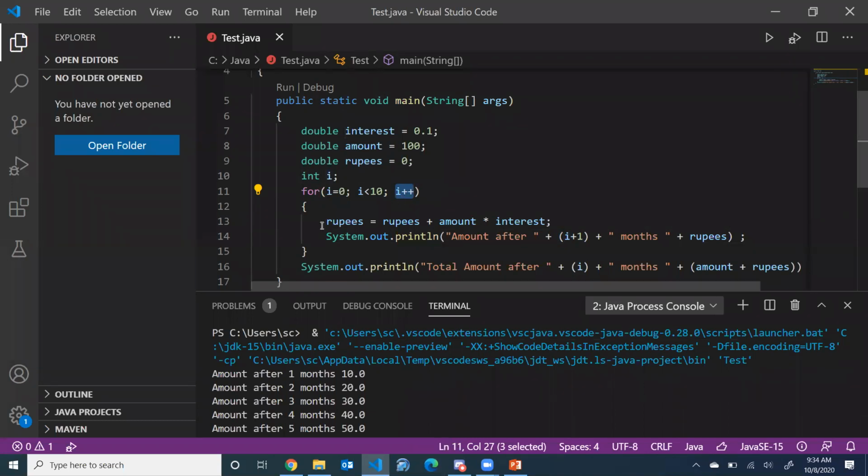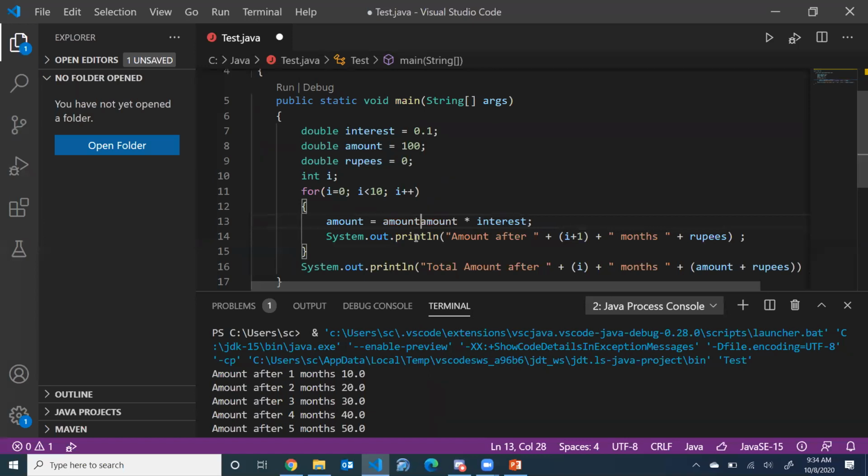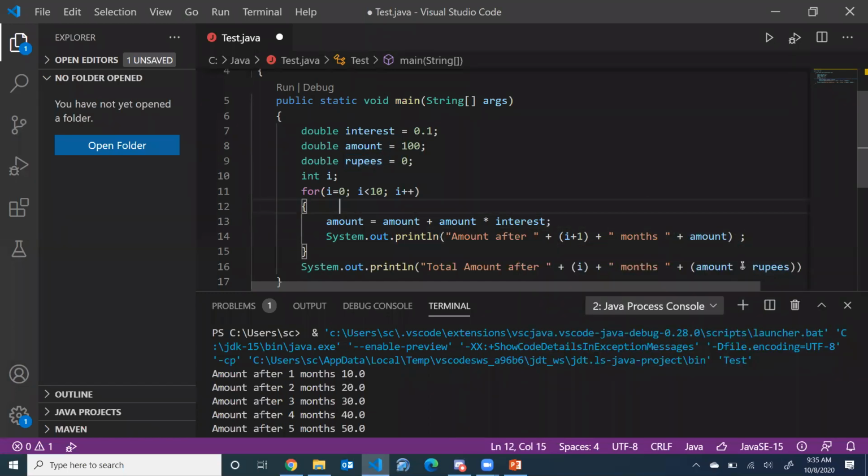जो कंपाउंड इंटरेस्ट है उसमें आप करते हैं कि अमाउंट, if I am not mistaken you write, अमाउंट, या अगर किसी का फाइनेंस में अच्छा है तो मुझे करेक्ट कर सकता है। Amount is equal to amount into interest, sorry, amount plus amount into interest. तो इसमें जब भी हर महीने आपकी प्रिंसिपल अमाउंट होती है, उस पर आप इंटरेस्ट लगाते हैं और वो इंटरेस्ट दोबारा उसी अमाउंट में ऐड अप हो जाता है। तो यहाँ पे रुपीस की जगह आपके पास अमाउंट हो जाएगा, and then over here it will stay amount।